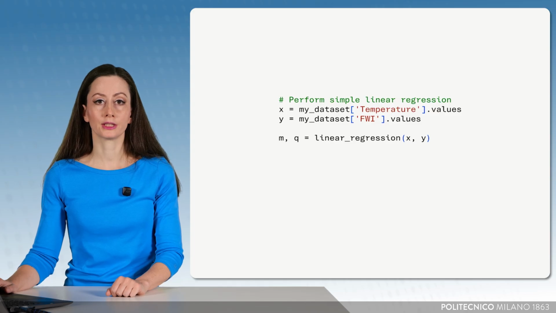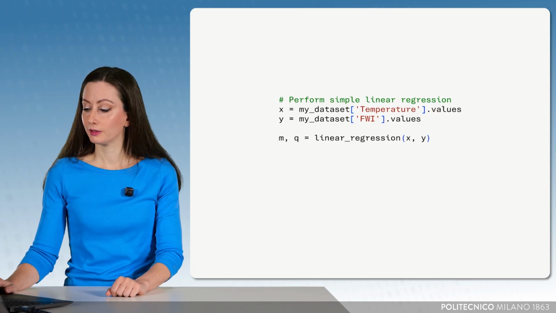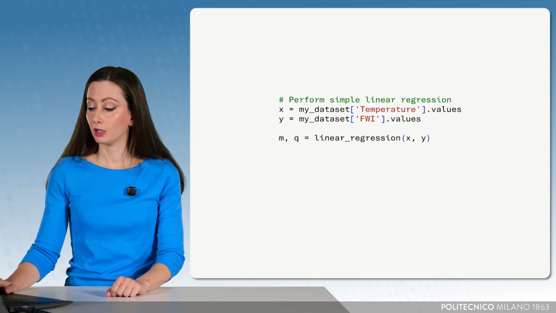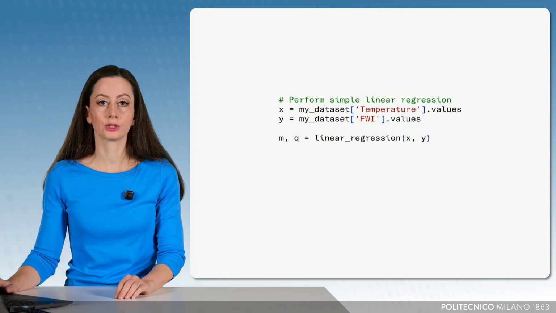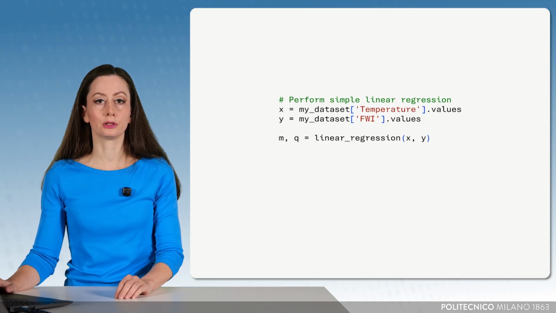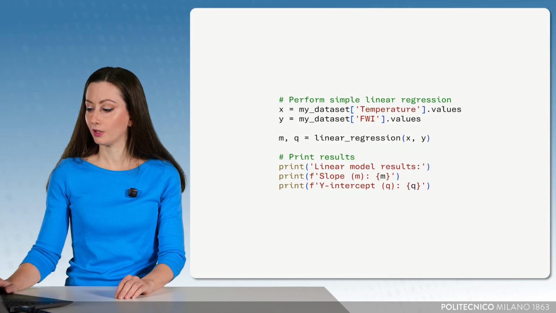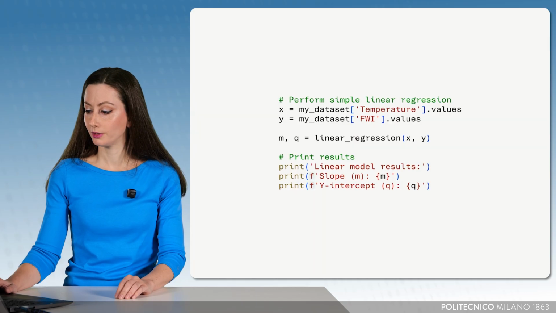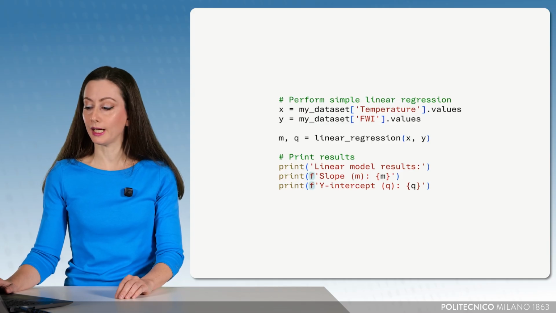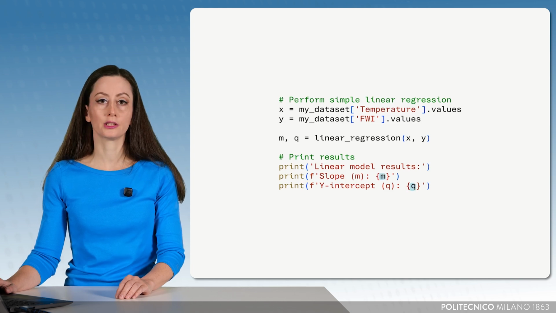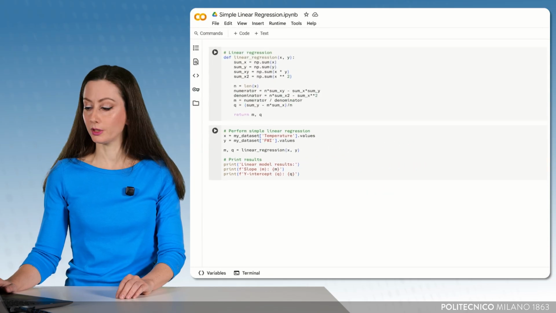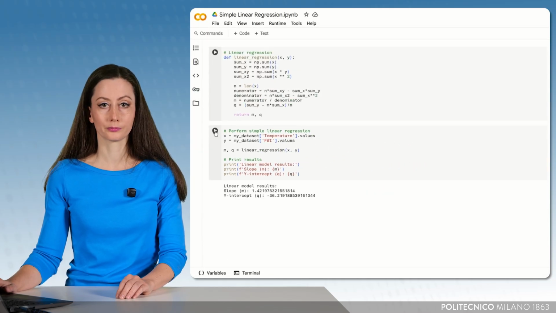These two arrays are given as input to the linear regression function. The function returns two outputs that we store as two separate variables. And please note that the order of these outputs must match the order specified in the return statement of the function. Finally, we print the results, the regression coefficients m and q. In a print statement, by putting the f letter in front of a string, you allow Python to interpret the variable inside curly braces directly within the string. Running this cell in the notebook, we see the results printed on the screen.